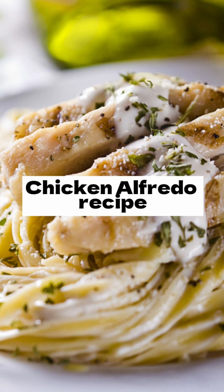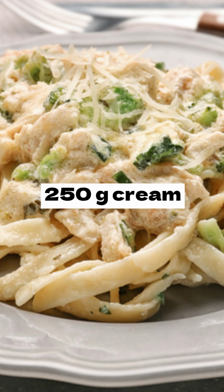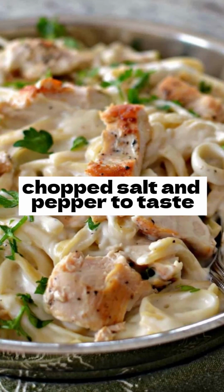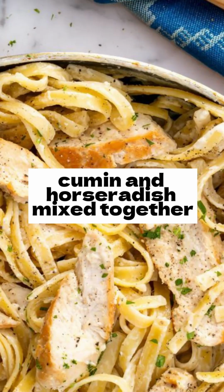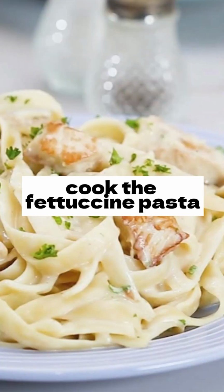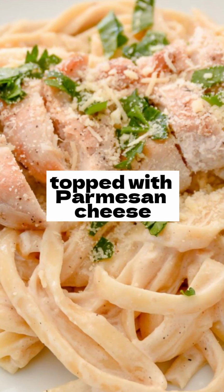Chicken Alfredo recipe: chicken meat, 500 grams, fettuccine pasta, 250 grams cream, 500 ml Parmesan cheese, 1 piece garlic, chopped, salt and pepper to taste, cumin and horseradish mixed together. Preparation: cook the chicken and season with soy sauce, salt, and pepper. Cook the fettuccine pasta, stir in the cream, and serve with the chicken and pasta, topped with Parmesan cheese, garlic,